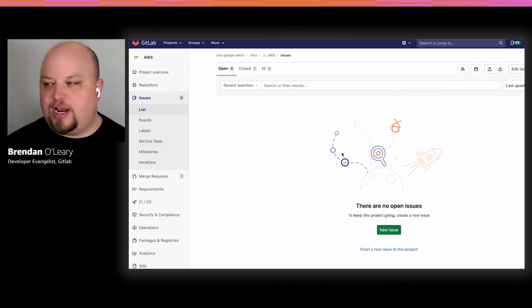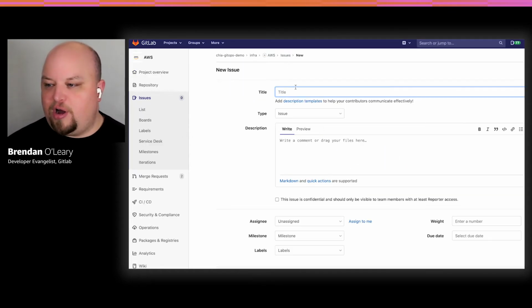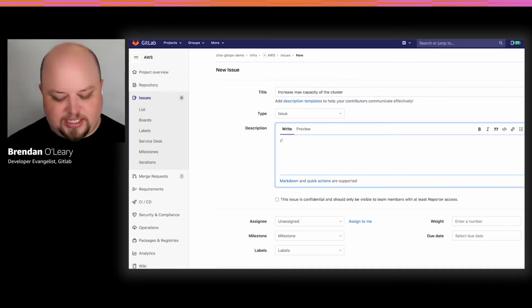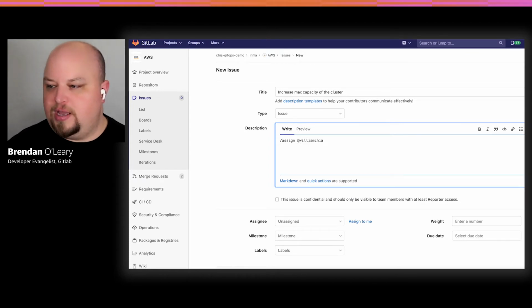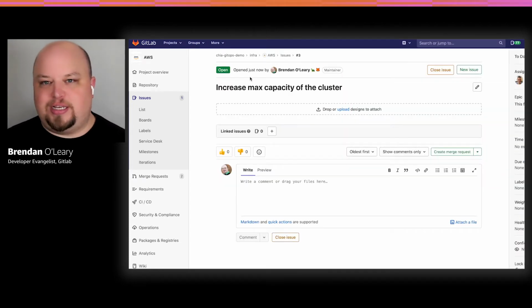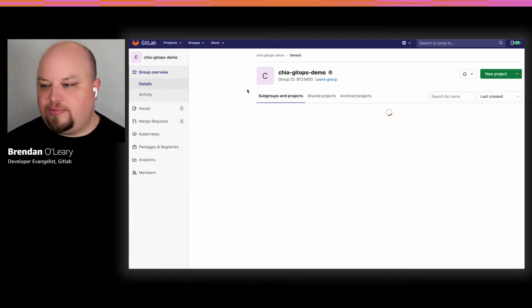We can see there's none open right now, but I'm going to open a new one and say increase max capacity of the cluster. And then I will assign that issue to William because I know that he's going to be the one doing the work. That'll help us in our infrastructure add that capacity as code as William was talking about.